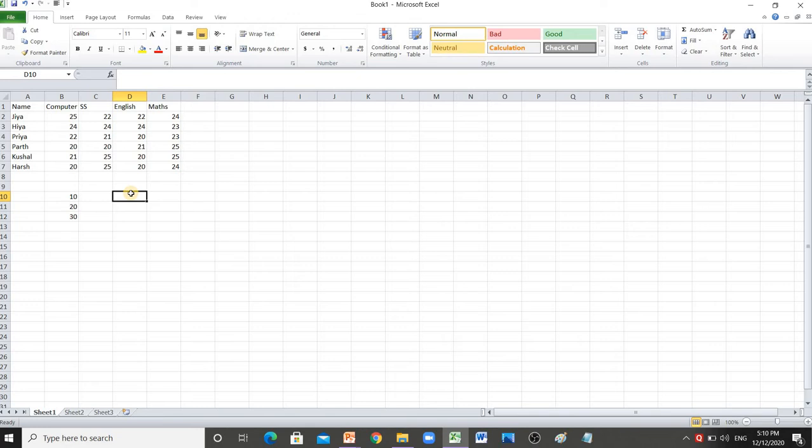How can you write it as text? You have to apply an apostrophe to it: apostrophe 10, and apostrophe 20. Now if I add it, equal to this cell plus this cell, if I press the Enter key,